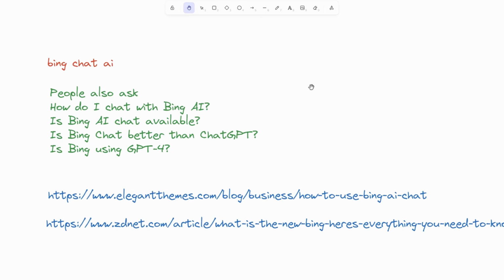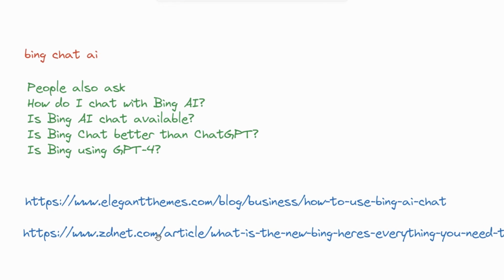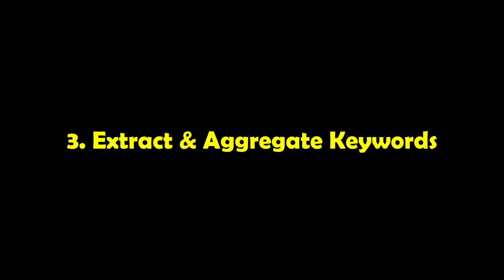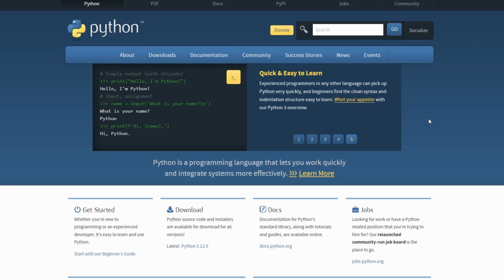If we take a look at our notepad here, this is what we've got. Our keyword that we're targeting, our People Also Ask, our 2 reference articles. The next thing we want to do now is we're going to set up a Python script. We are going to extract all the LSI keywords, the high frequency keywords, and also the high frequency key phrases out of our articles. Okay, for this next section, you do need a couple of apps installed on your machine.